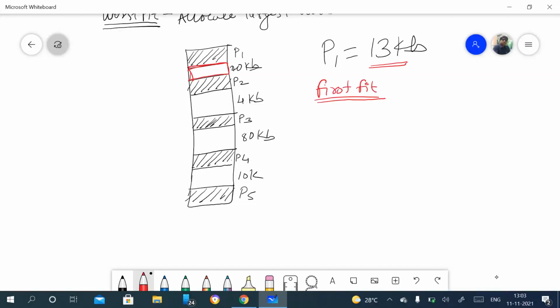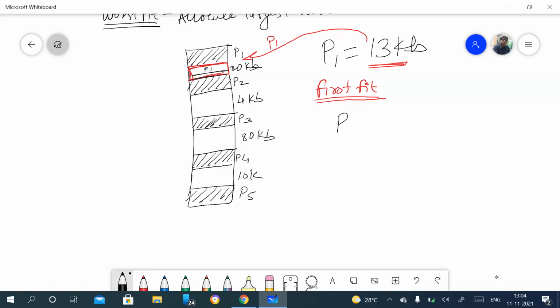First fit. Here the size of the process is 13 kb and the hole size is 20 kb. So this will be stored here, right? We can say that the P1 process will be stored here. But again, the same problem will come. Consider this is P1, and the remaining 7 kb portion will be wasted, and that we can say is internal fragmentation.